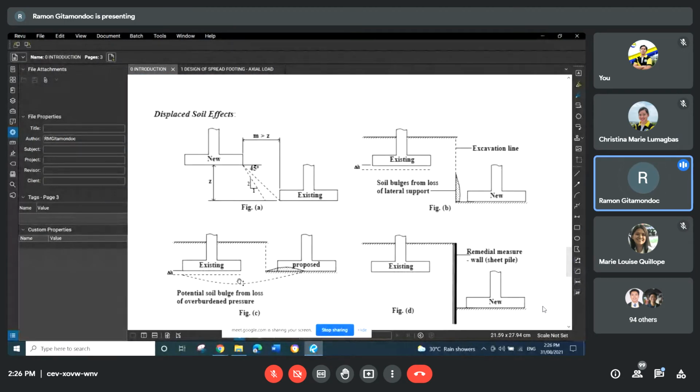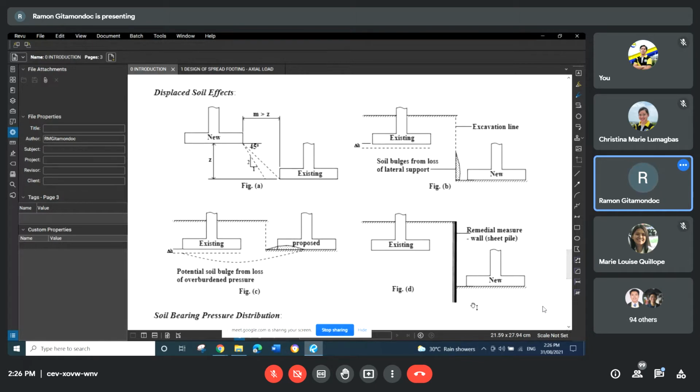Okay, so just to give you an illustration, no, on some common problems we encounter in situations where we have an existing structure and you construct a new structure beside it, no. So if the foundation of the existing structure is lower than that of the foundation of the new structure, as shown in Figure A, this is usually less of a problem, but still you have to consider, no, that when you put the new footing,